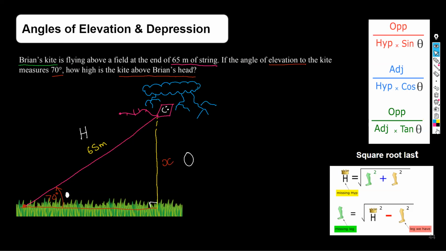There's only one formula with that, and that is what? Sine. So to find the opposite, we block the opposite, and we're left with hypotenuse multiplied by sine theta. Opposite is hypotenuse multiplied by sine theta. The hypotenuse is 65, and theta is the angle we're standing in. Let me type this in. I am getting roughly 61.08